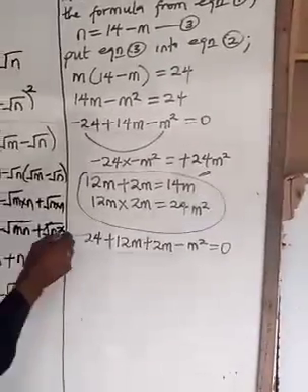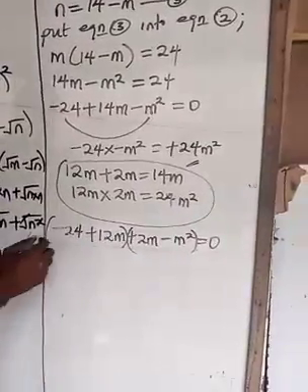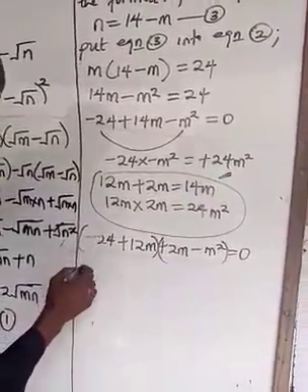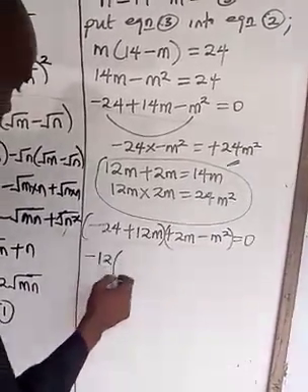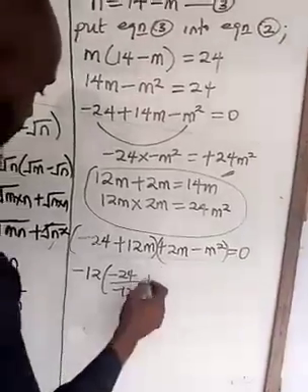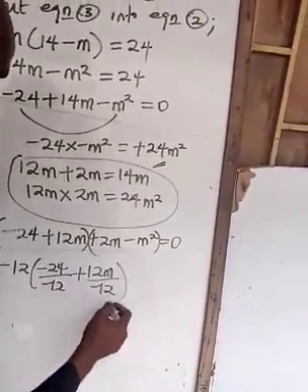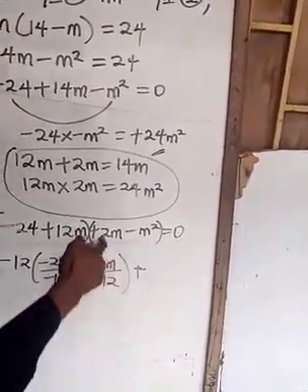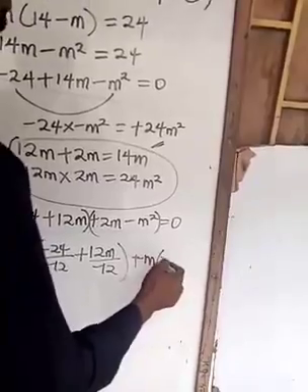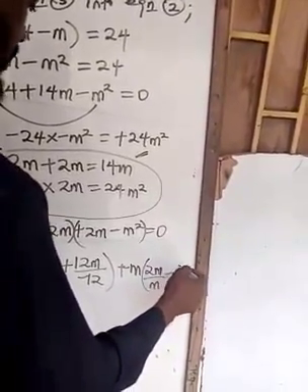So you enclose the first two and the next two. So you bring out the highest common factor. The highest common factor here is 12, but you bring this sign out, so we have minus 12. So you divide everything by that minus 12. Then 12m over minus 12. Then the highest common factor, you bring the plus, is m. So you have 2m over m minus m squared over m